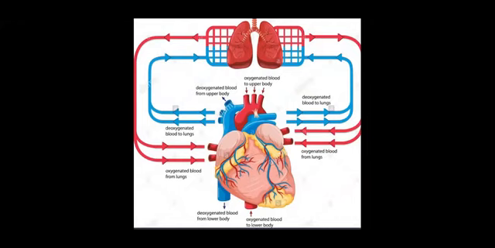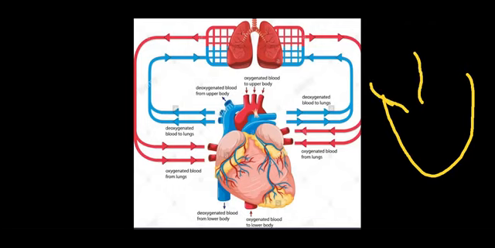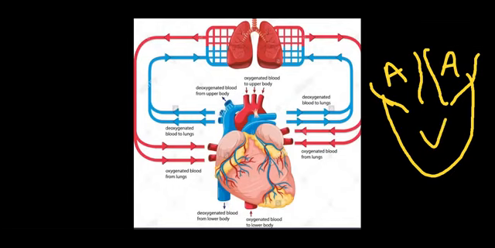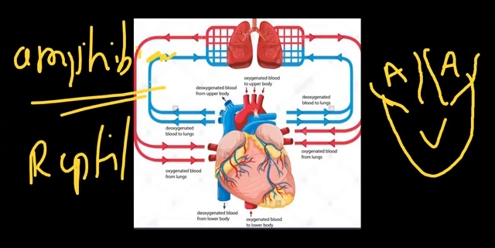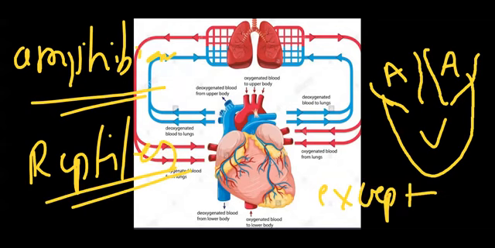अब जिनमें 3 chambers of heart होते हैं like this, ये वेंट्रिकल, ठीक है, और फिर यहाँ पर होता है एक ऑरिकल, यहाँ पर होता है दूसरा ऑरिकल. 2 अपर चैम्बर, ऑरिकल ऑरिकल, सिंगल वेंट्रिकल। सो उनको बोलते हैं हम 3 चैम्बर्स ऑफ द हार्ट एनिमल, जैसे कि होता है एम्फीबियंस में, like frog, toads, salamander, okay, amphibians. और रेप्टाइल्स में भी होता है 3 चैम्बर। Reptiles also have 3 chambers of the heart, except crocodile. Crocodile has 4 chambers of the heart, even though this organism is a reptile.